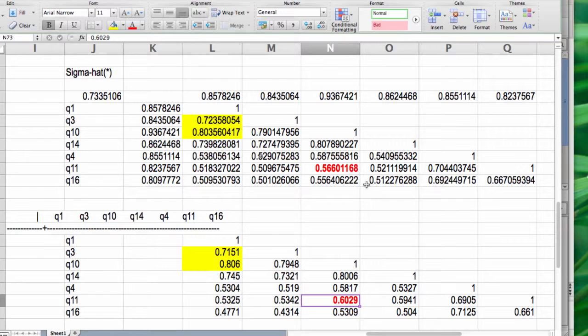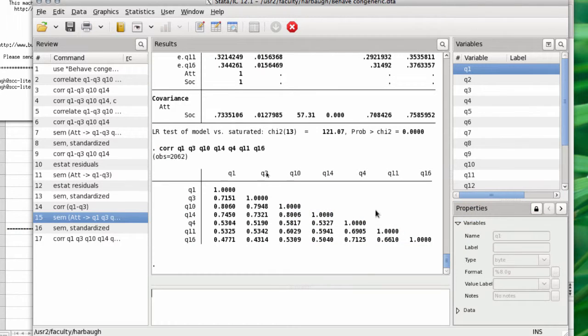And what's another one? If I look at the correlation between 16 and 11, it actually turns out that it kind of underestimates the correlation a bit from what it suggests it should be, 0.69 versus 0.71. Now, this is overly precise in the manner in which we'd actually be looking at this, but this is exactly what any SEM program is doing when it's trying to figure out if you have good fit. If I did estat residuals,